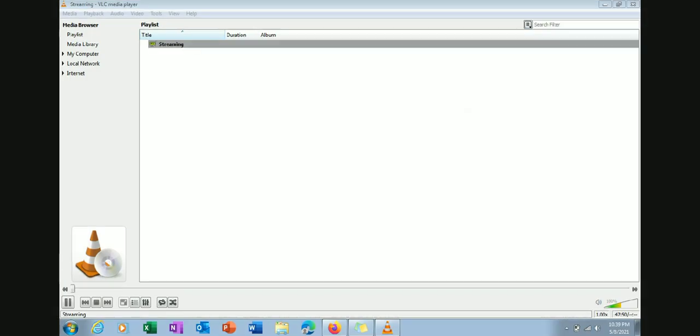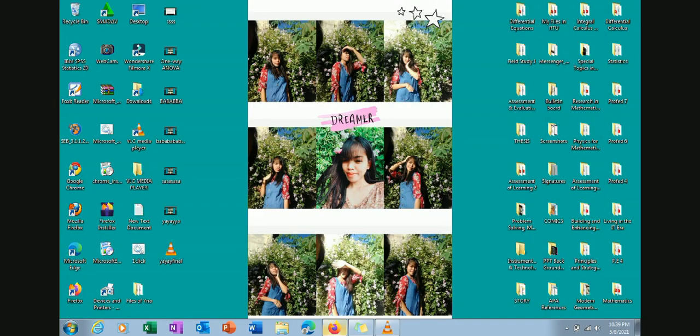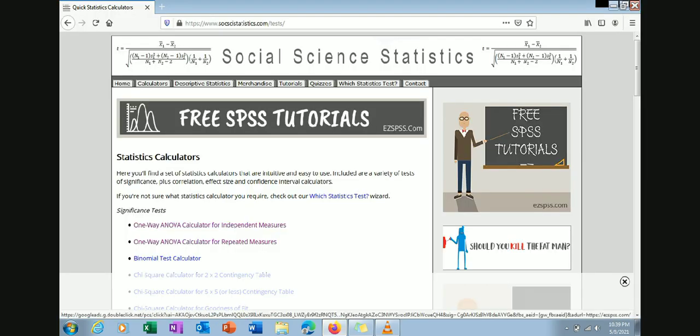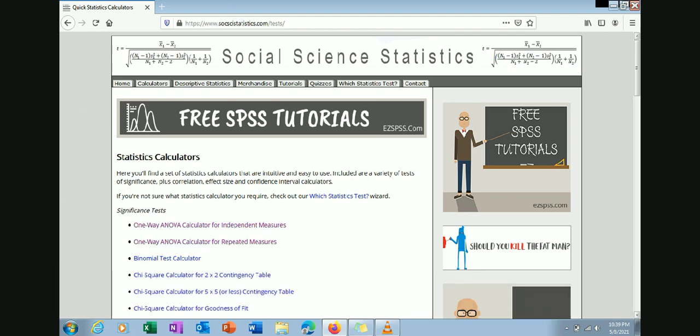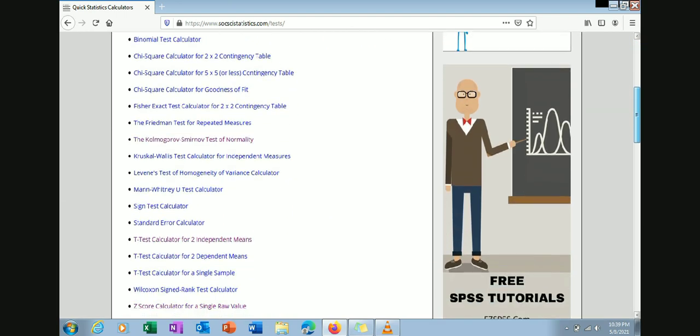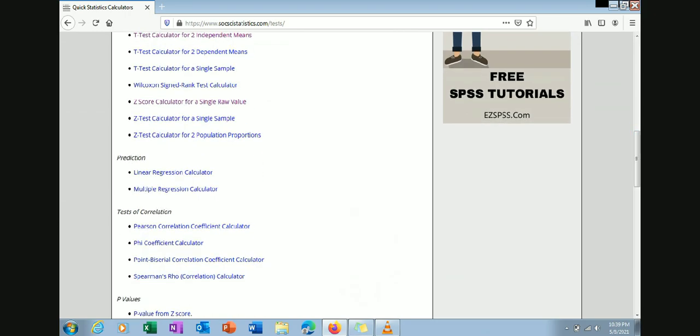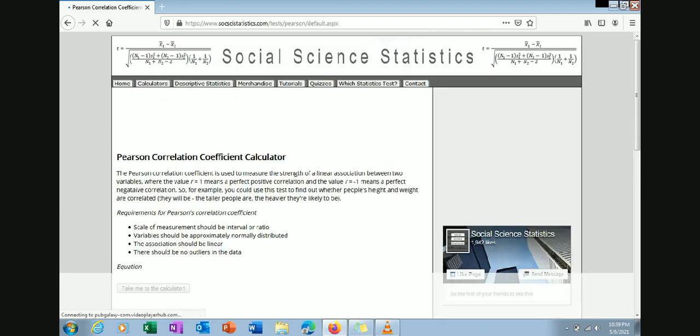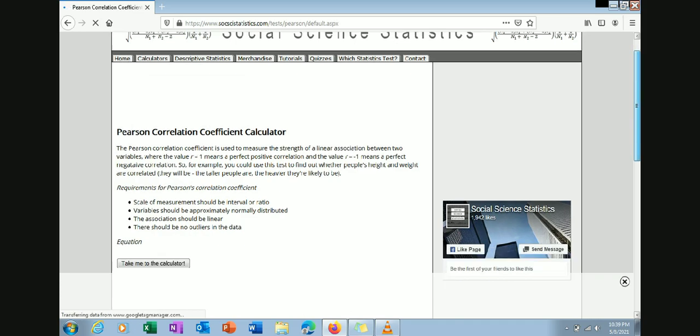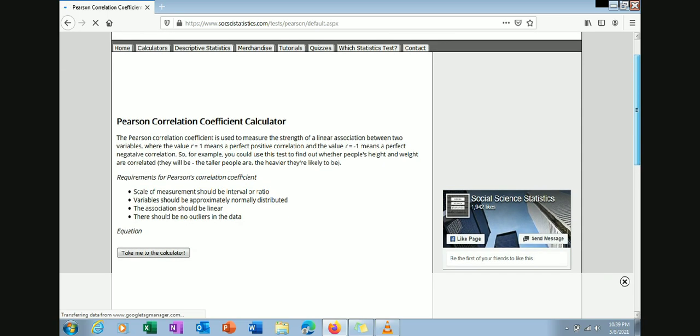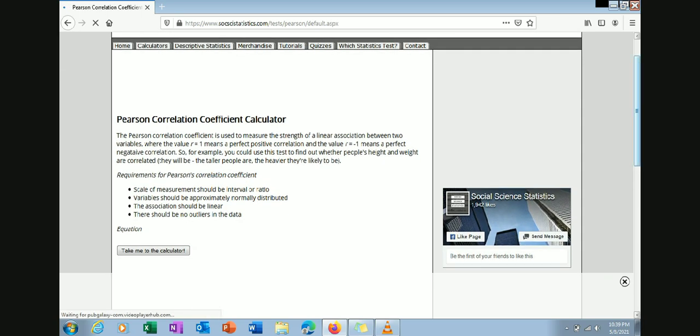So, yung next naman po na gagamitin natin sa statistic calculator is the Pearson correlation coefficient calculator. So, click lang po natin siya. So, ayan. The Pearson correlation coefficient is used to measure the strength of linear association between two variables where the